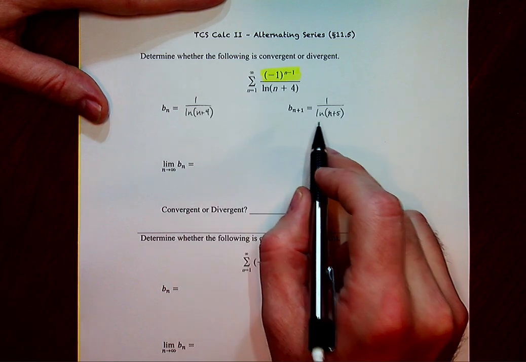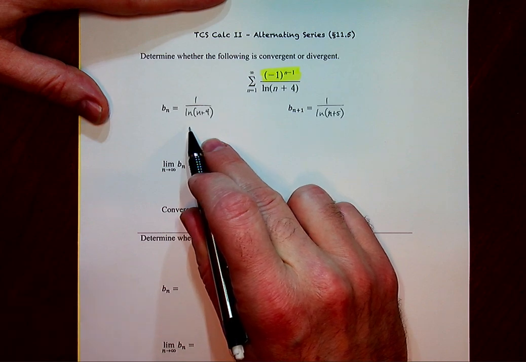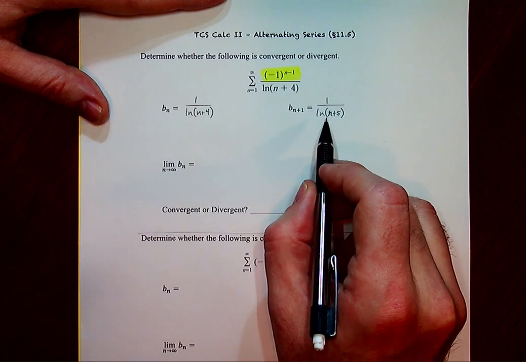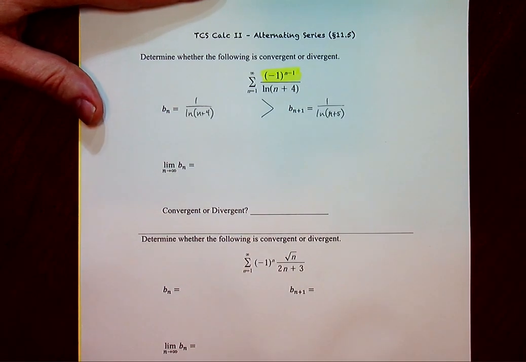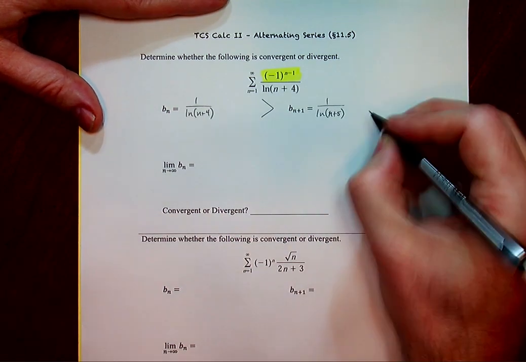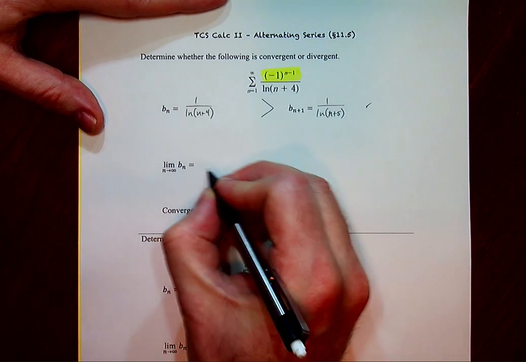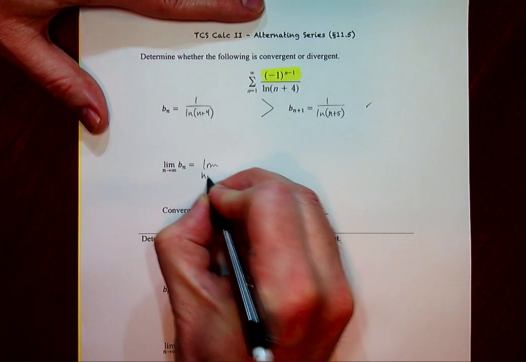So is the natural log of n plus 5 larger than the natural log of n plus 4? And the answer again is yes. So if this denominator is always larger, then this quantity is always smaller, and you have confirmed at least that part of it. Now, the limit as n approaches